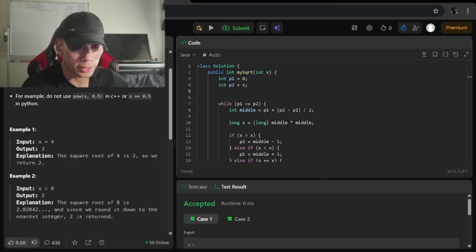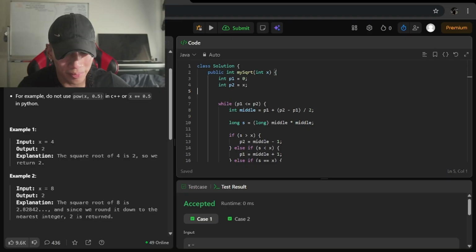Would brute force just be square rooting from 0 to X? Yeah, I guess that could be it.